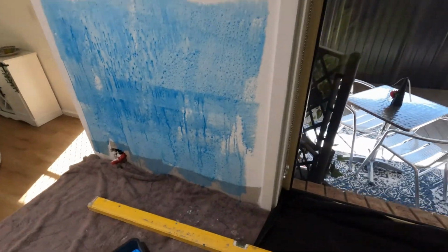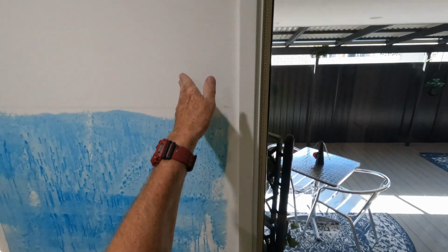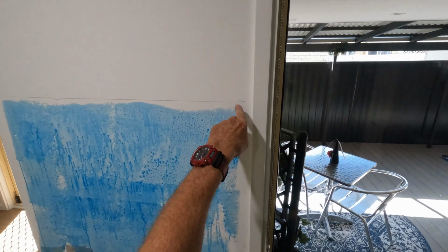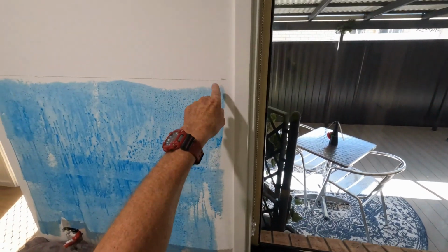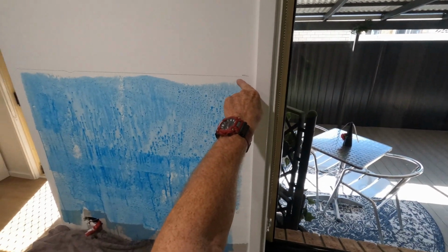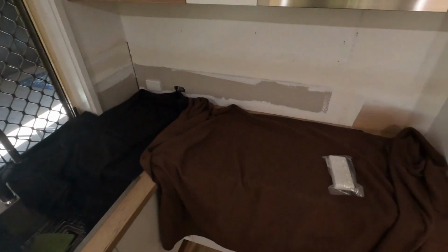You always prime your walls. Glue doesn't stick to paint as well, so DIYs, make a mark. I know I'm going up to about here, my finger, so you come down a little bit, make a mark, put your primer on, your Home and Hose. I'm just about to start priming this